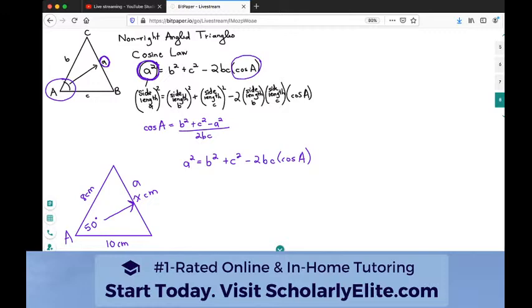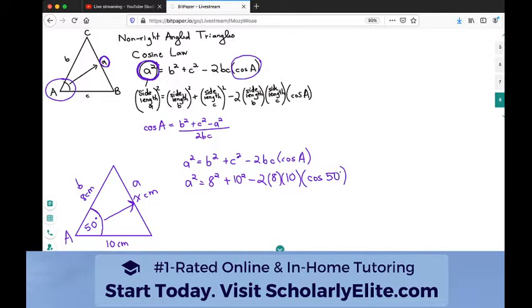I don't know what A is. That's what I'm solving for. So I'm going to leave A squared as it is. Now I'm just going to arbitrarily pick B and C, meaning it doesn't really matter which is which, as long as I continue to call them the same thing. So this can be side length B, and this can be side length C. So 8 centimeters squared plus 10 squared minus 2 times 8 times 10. And then this is where the important part comes in, cosine of 50, because that's the angle across from the side length that I don't know. So cosine of 50